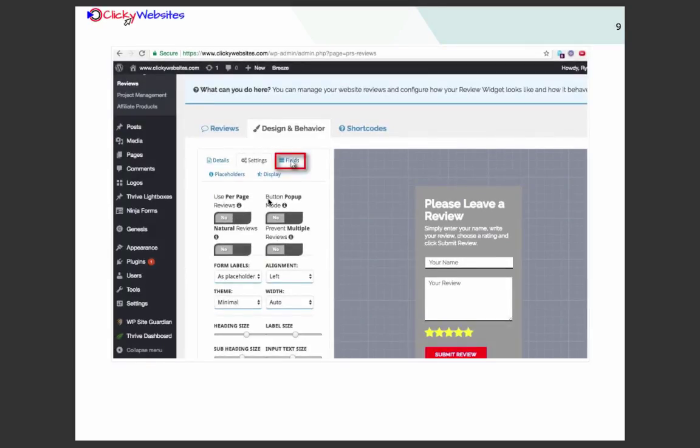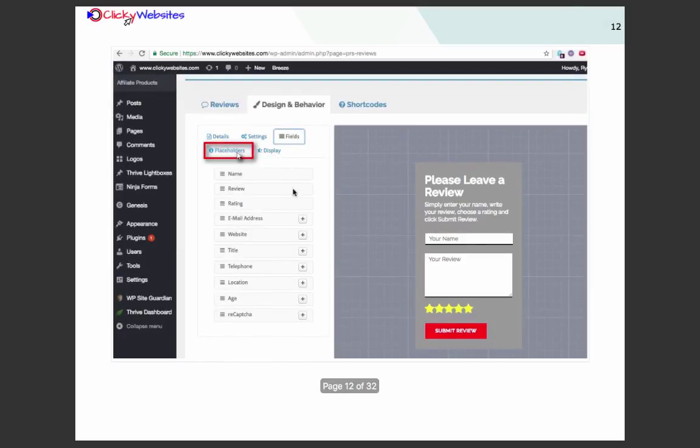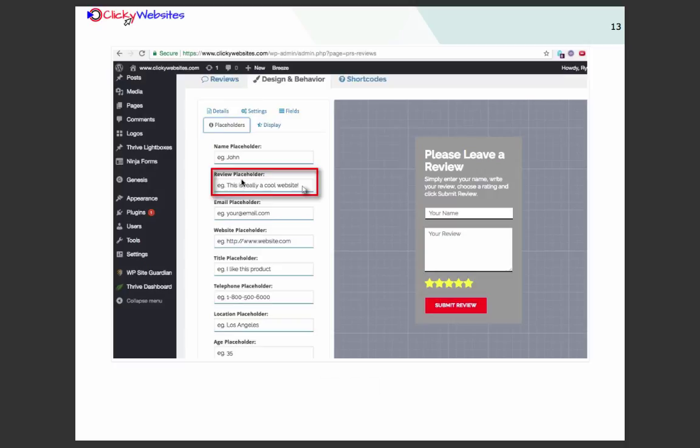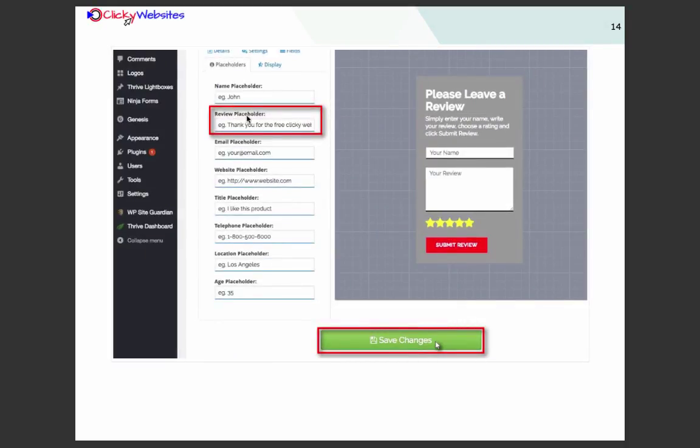So you can then click on Fields and you can add any fields you like. So if I click on that Add field there, that will add in an email address, and if I click on Delete, it will then remove it again. Now if I click on Placeholders, I can change this to whatever I like. Thank you for the free Clicky website. Then